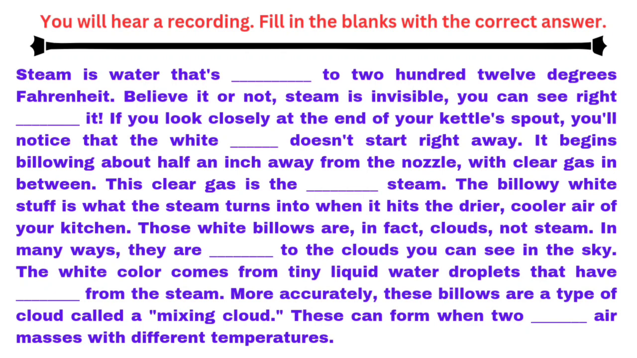In many ways, they are identical to the clouds you can see in the sky. The white color comes from tiny liquid water droplets that have condensed from the steam. More accurately, these billows are a type of cloud called a mixing cloud. These can form when two separate air masses with different temperatures